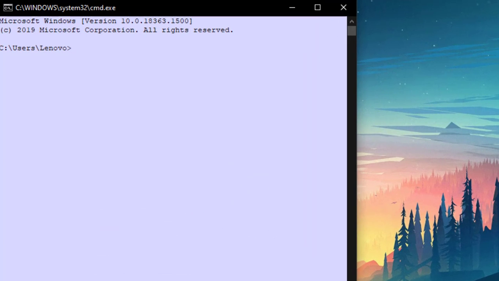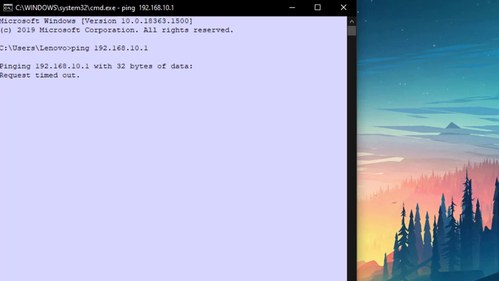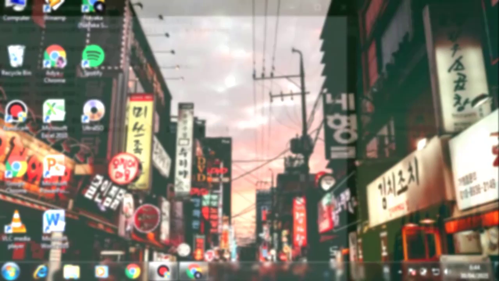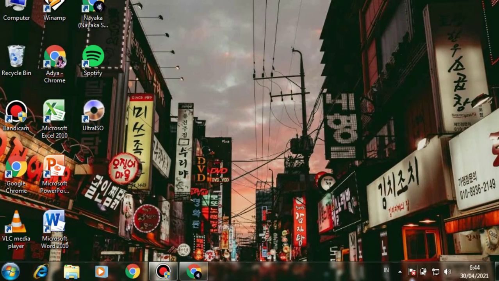To make sure that the client is not connected to the router, ping the gateway, 192.168.10.1. And as you can see, the result is request timeout, which means that the client is not connected to the router if they change the IP to static. However, the DHCP server is configured with ARP reply only. And then we move to the second client.